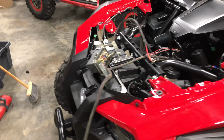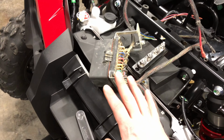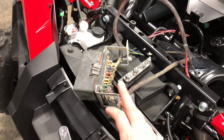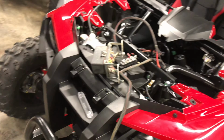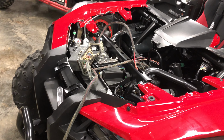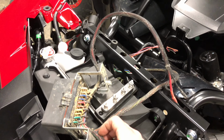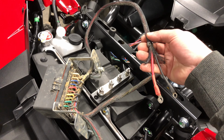Alright, so I got in the middle of something and kind of forgot to bring you guys along, so I'm stopping for a second. What I'm looking to do is add in my waterproof fuse relay box. This is kind of like a Jeep accessory that somebody makes online, and I had this in my RZR and ended up taking it out and saving it for a future side-by-side, and this is now that project. So basically it's a nice neat way where you can get your 12 volt power